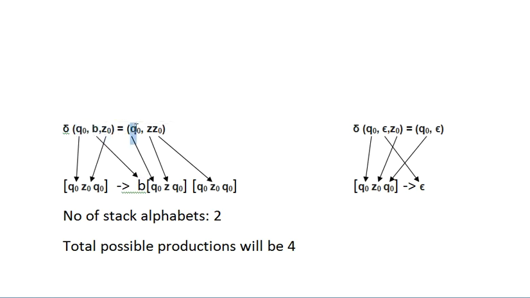Now we are left with this one. Okay, so this will come 2 times. Why? Look at the stack alphabets. How many alphabets are there in the stack? 2 alphabets are there. See, I have given a formula. Number of stack alphabets is 2, correct? One is Z, the other one is Z naught. So first Z will work for Q naught, and then it will work for